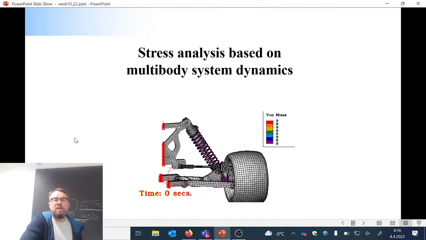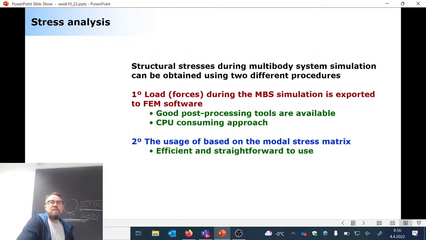Okay, stress analysis based on multibody system dynamics. So like I said, two different alternatives, two different ways to do that, and going directly to business, these two ways are shown here. We could take the forces, which are external applied forces and inertia forces, and we can extract those forces from multibody system dynamics and create the load cases based on those forces